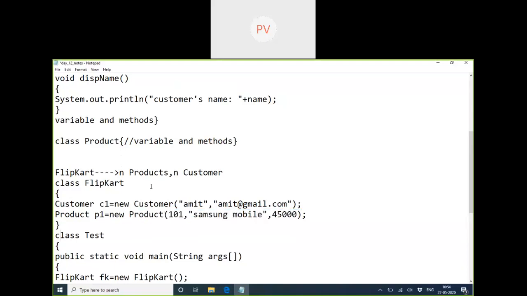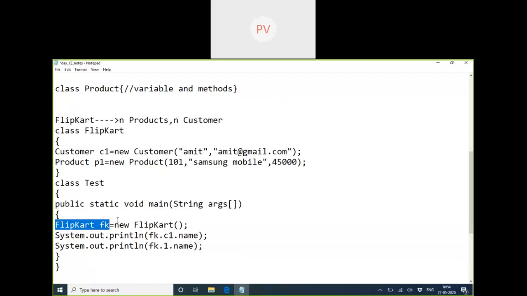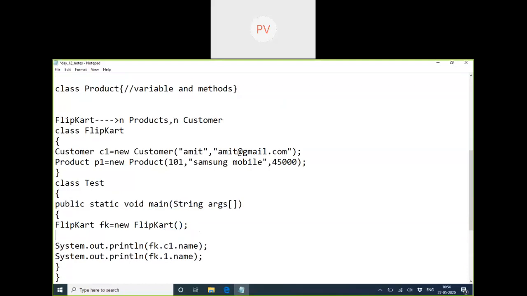Just to test this program, I have to create an object of the Flipkart, and whatever we want to access we can call through the customer object. Now inside the customer object, if you have some operations, like I added an operation, fk.c1.display, I could do this. That means the main application should not do manual printing like this.